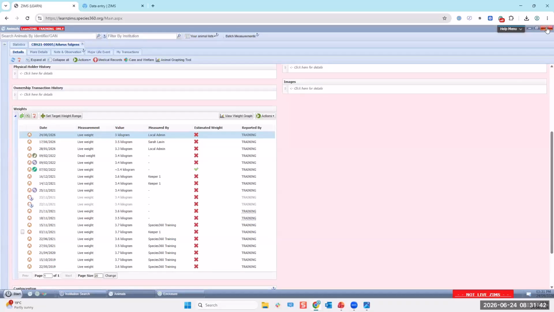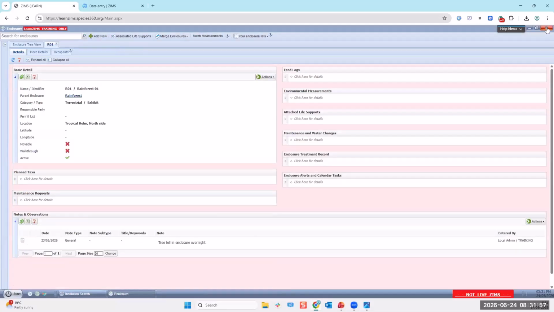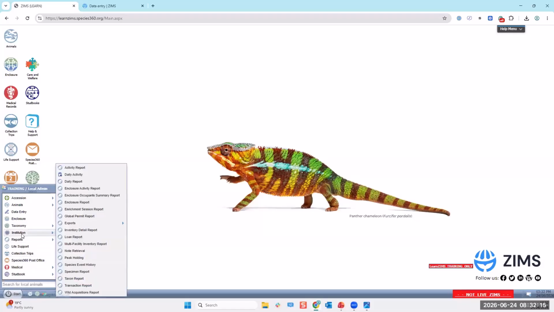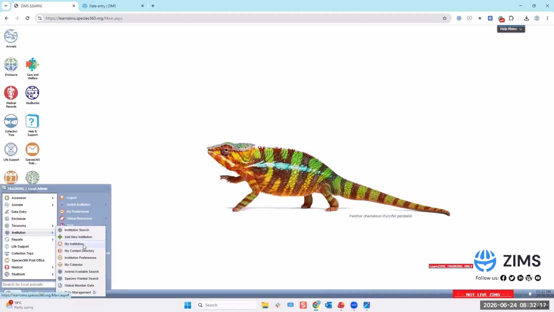Oh, and the last thing, actually, sorry, I will move on to the questions in just a moment. I want to show you how you can create those custom roles at your institution to grant that provisional access. So if I close these areas, if I want to make the roles so someone can have access to do provisional data entry, I would need to be a local admin, and I'll go to the Start menu, Institution,